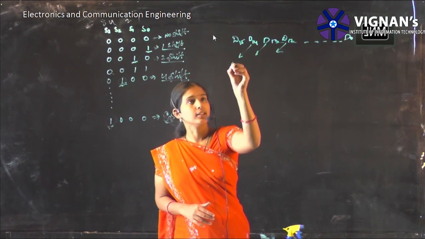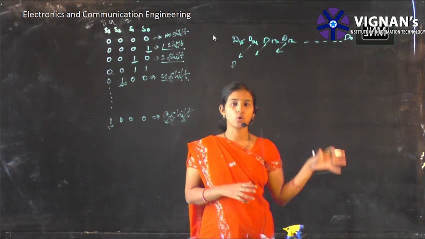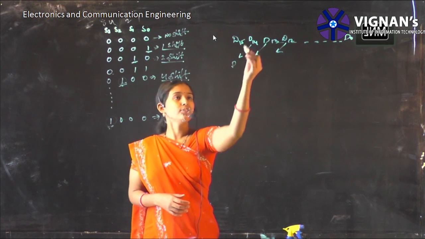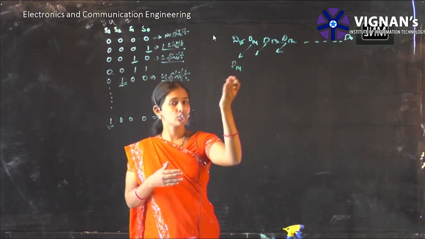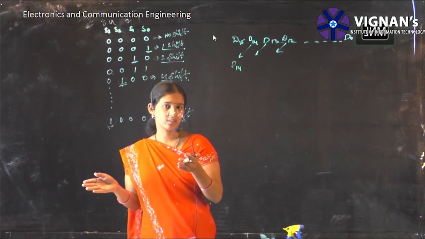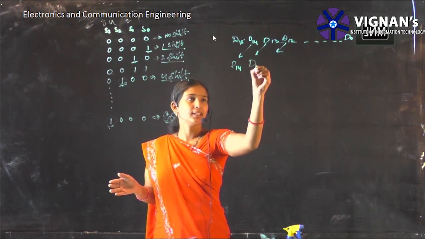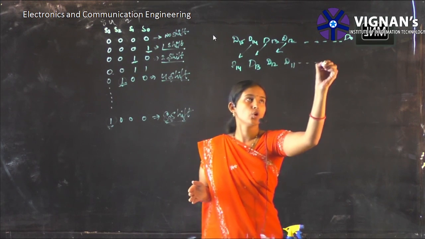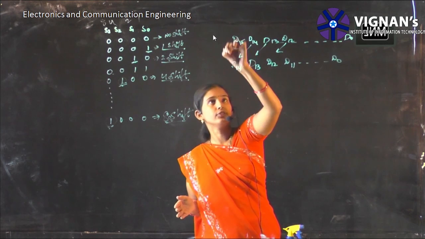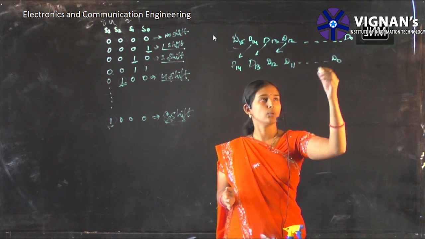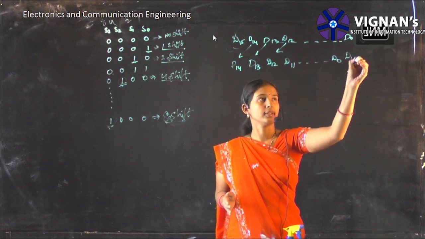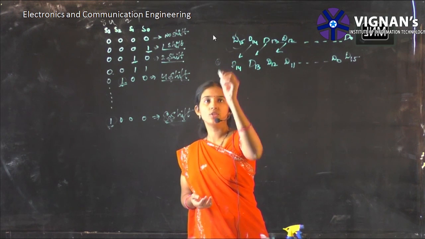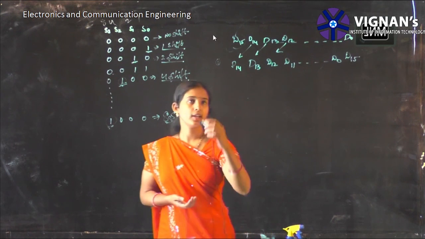Based on this we'll be writing a code also, so please listen carefully. Here D14 will come here. Why? Because you are shifting your bits towards your left side. D13 will come here, D12 will come here, and D11 will come here, and so on up to D0, and D15 will be rotated towards your right. So D15 you will get here. Next, this is your one shift, one left circular shift.